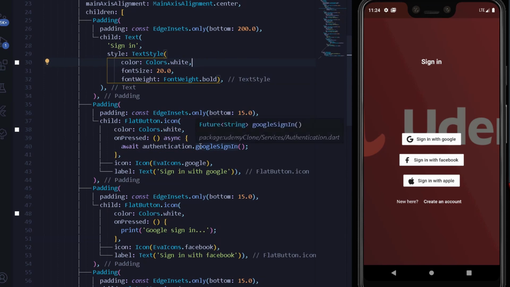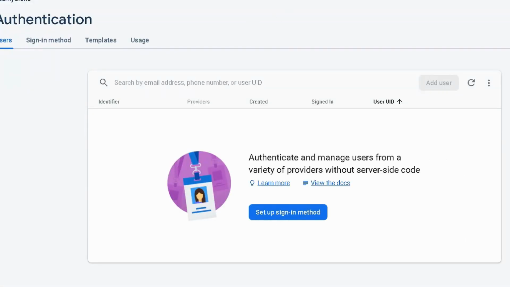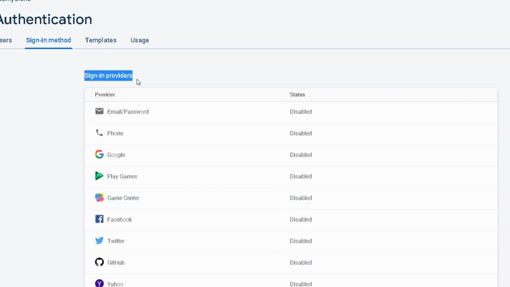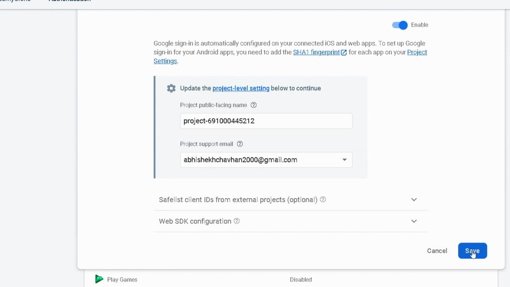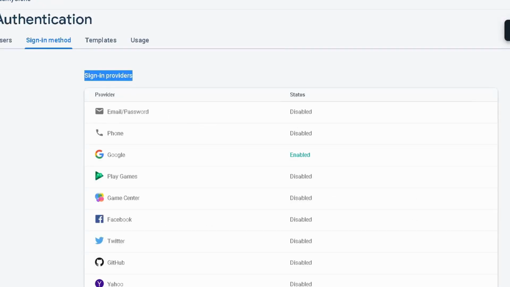Now the only thing remaining is configuring our Firebase. So let's do that. So under my Firebase, I have already configured my Udemy clone with Firebase. Now you should watch this video for configuring your Firebase with your Flutter application, and in our case which is Udemy clone. So under the authentication tab, we can simply set up a new sign in method. So let's set it up. So here under our sign in providers, we can simply enable our Google sign in authentication, and here I can simply press save. Alright, you can refresh one more time.